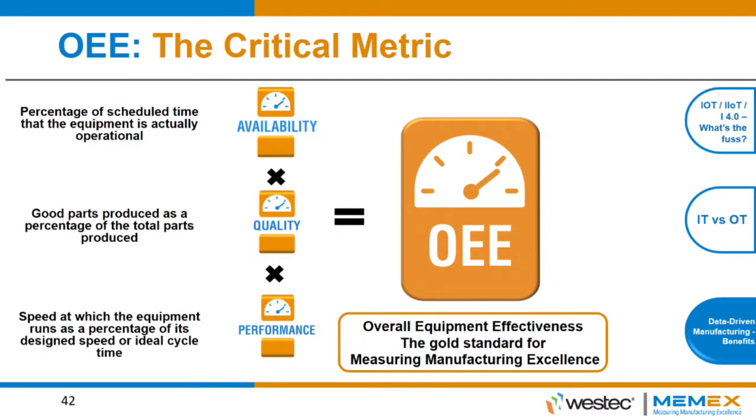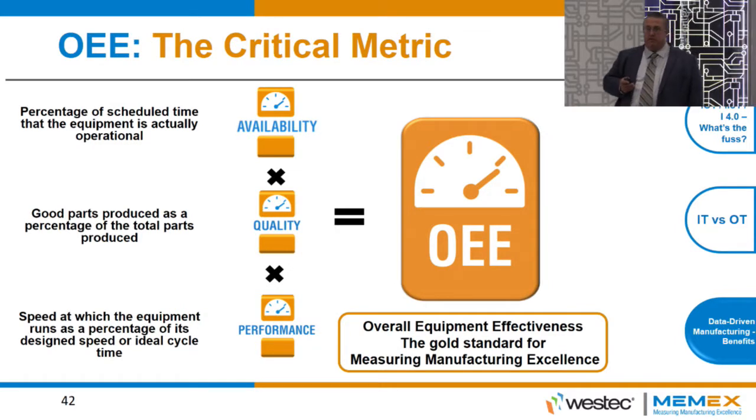So we look at OEE itself. Availability is simply runtime divided by total time, which includes downtime. Quality is an easy one too. It's good parts divided by total parts, which includes rejects. And then performance is, does the machine run at rate? Are we actually producing parts? When we say we're going to make a part every 5 minutes, are we making that part in 5 minutes? Are we making it in 8 minutes? Are we making it in 6 minutes? That's your performance metric. The combination of all 3 multiplied by each other is becoming the gold standard in manufacturing.